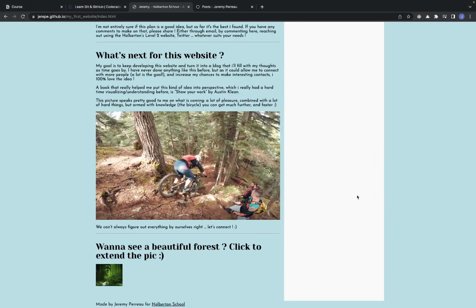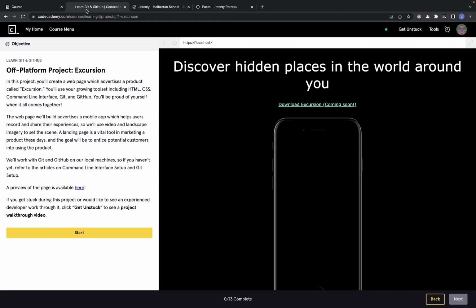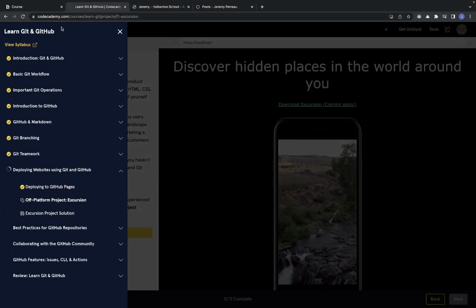Hi everyone, so I was definitely not thinking about this when I started the Learn Git and GitHub course on Codecademy. Let me show you real quick what it is. So at the beginning,